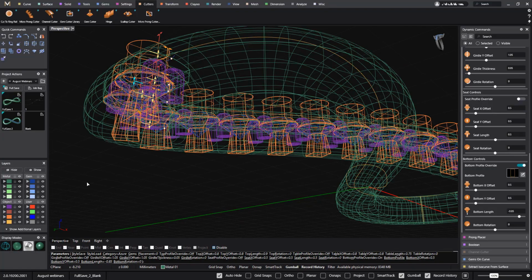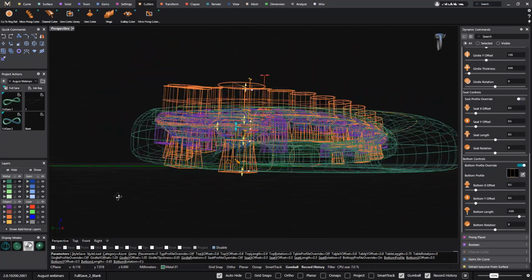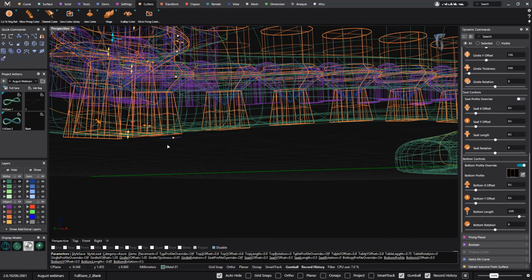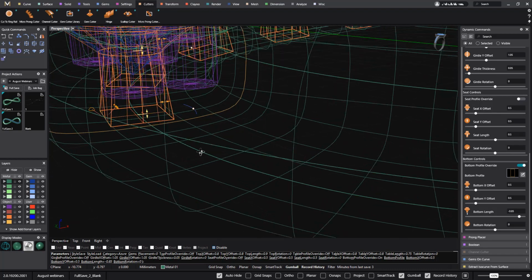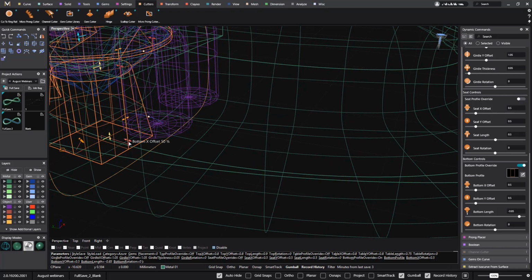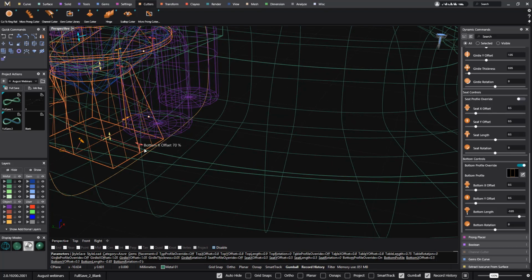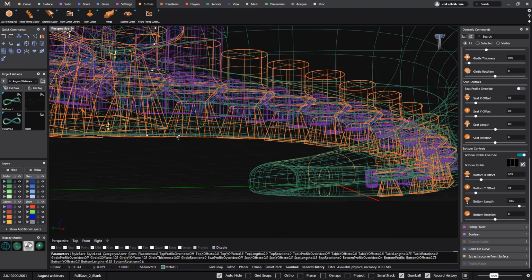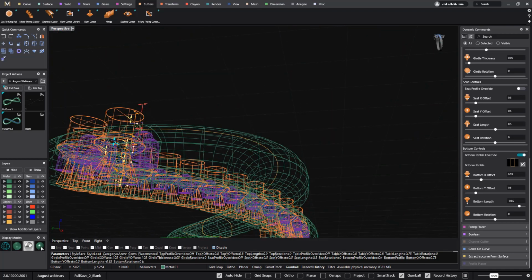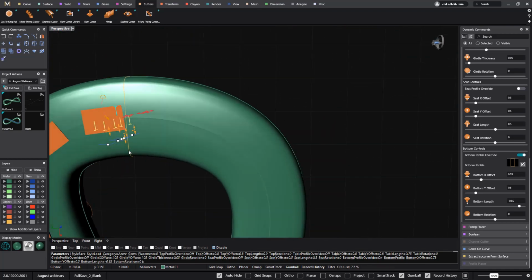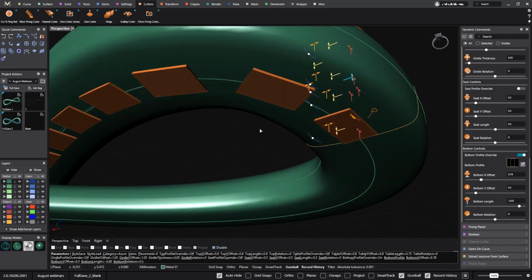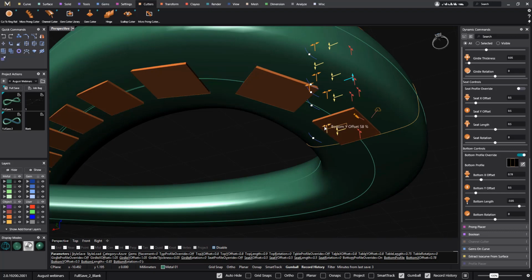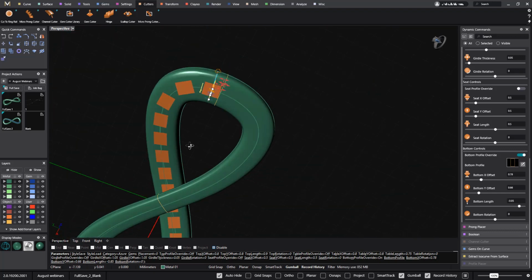Let me go to wireframe so you can see what we are getting. If you want to rotate it, you can rotate it, so you can make it a bit wider also. So now they are closer to each other. Alright, so